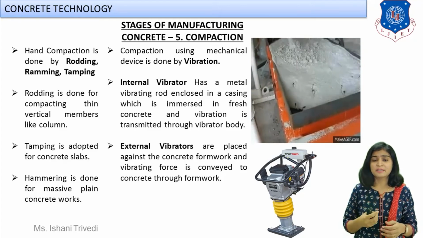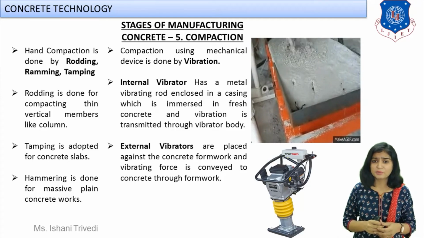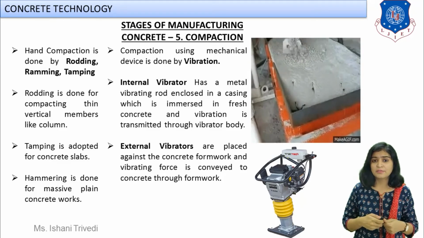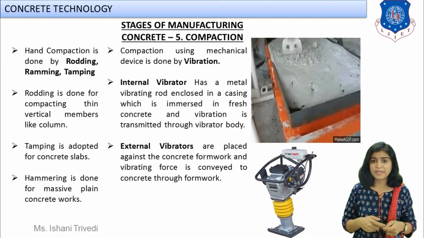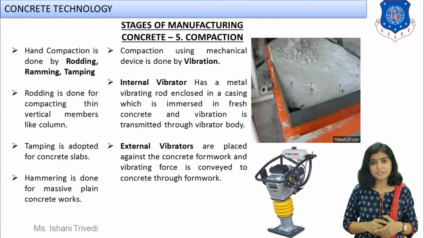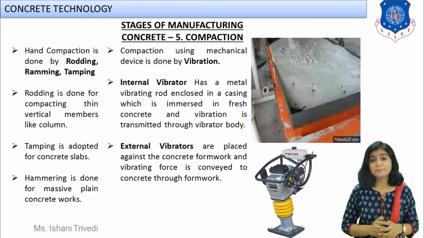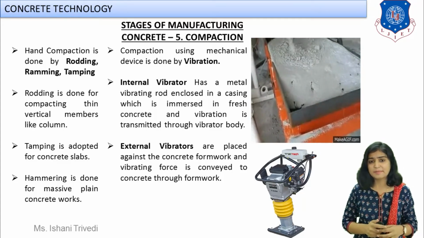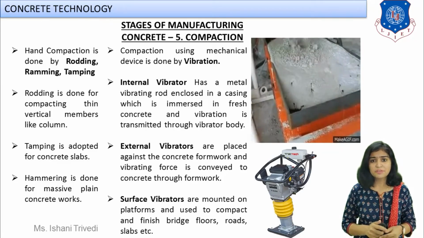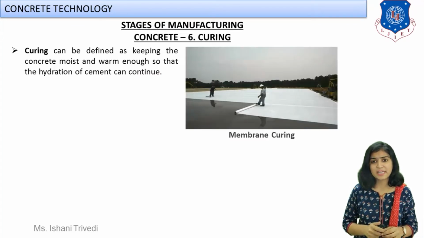Surface vibrator, I think you can see the image also over here. The bottom image is an example of a surface vibrator. It is moved on the surface of flat slabs, roads and bridges, and simultaneously it also carries out the finishing work. And the last we have is the table vibrator, which you can see over here, the clip which is running right now. That is your example of a table vibrator. Now next, students, with compaction, finishing will be taken simultaneously.